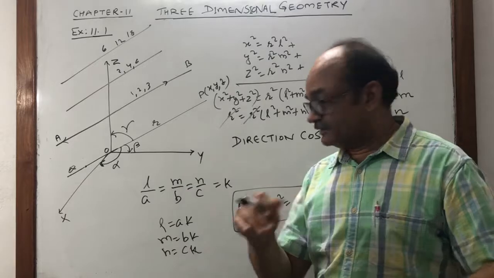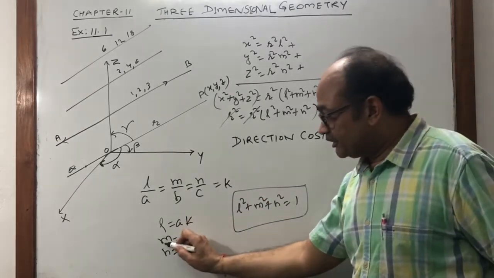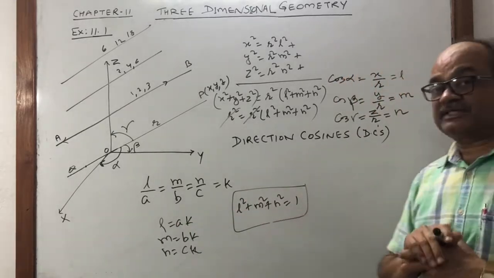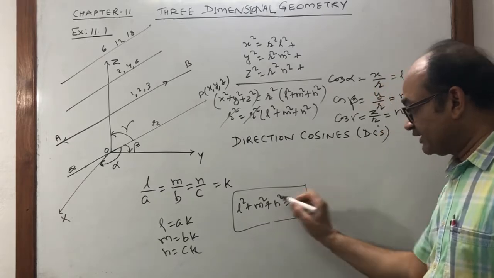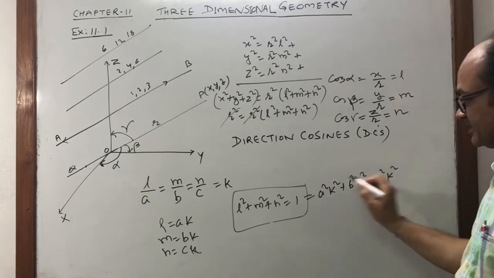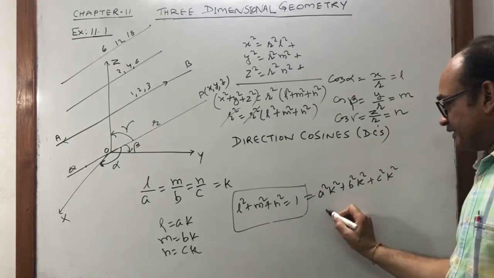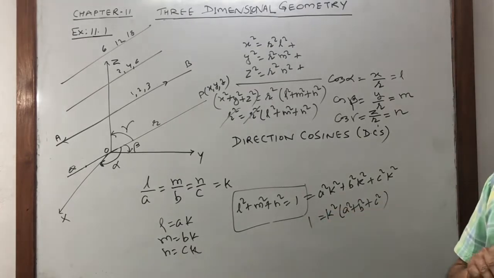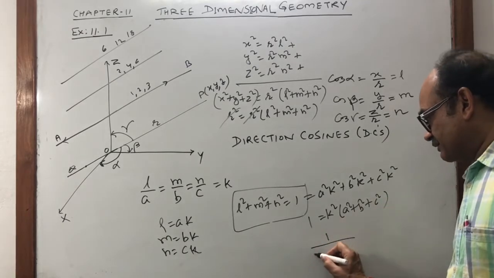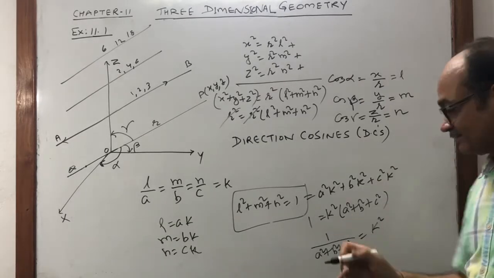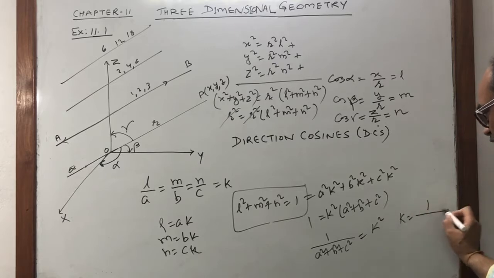L के प्रोपोर्शनेट, L equals AK, M equals BK and N equals CK. But we know L square plus M square plus N square is 1. So substitute here. What we'll get? A square K square, B square K square and C square K square, that is equals 1. It means K square is common. A square plus B square plus C square equals 1. Or what we say? 1 upon A square plus B square plus C square is K square. So what about K? K is nothing but 1 upon root A square plus B square plus C square